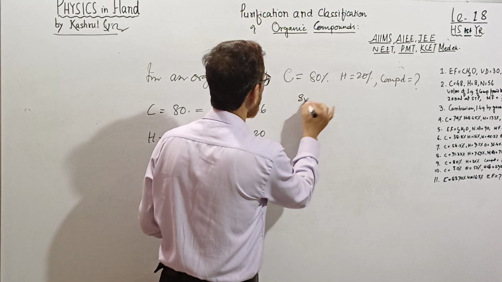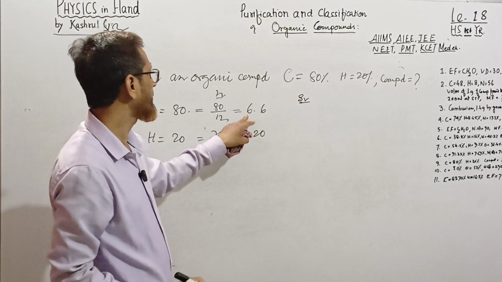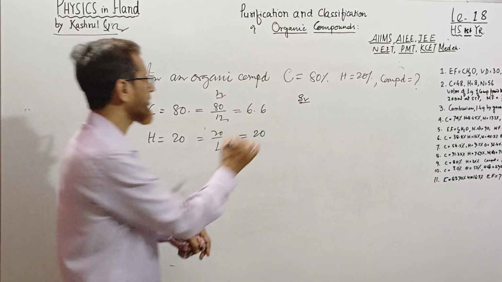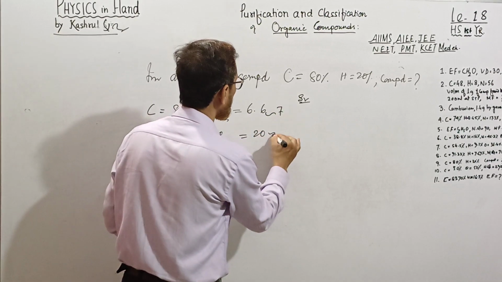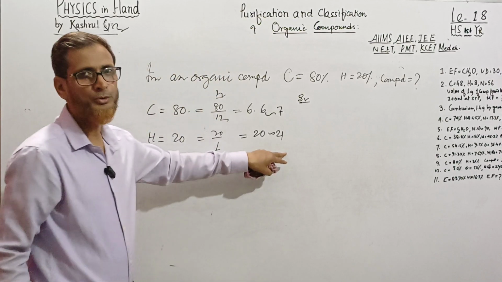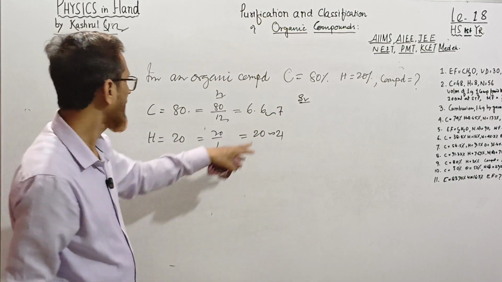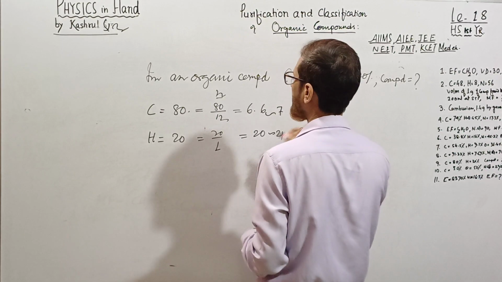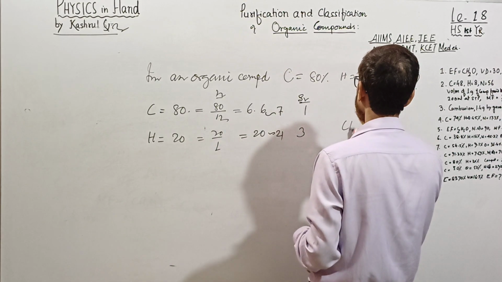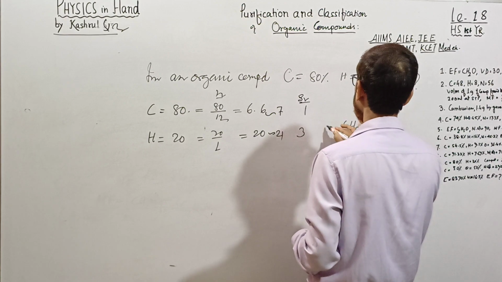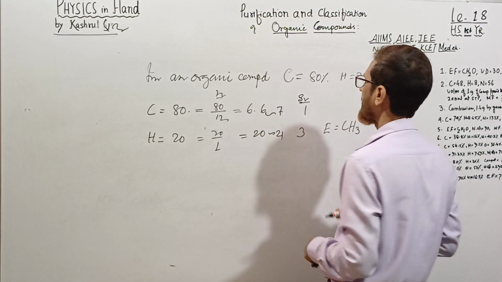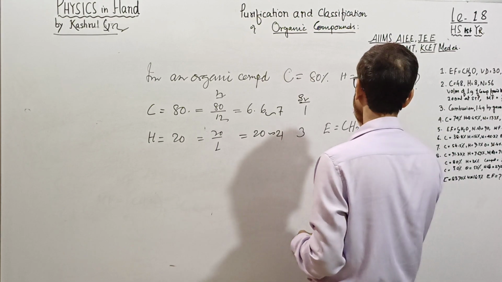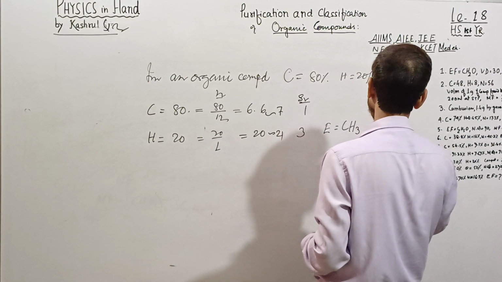For the simplest ratio, you simply assume 6.6, approximately 6.5, more than 5 you assume approximately 7, and you assume the other equal to 21. Nothing complicated here. So you will get 1:3. So the empirical formula of this compound is CH3, and the formula of this compound is